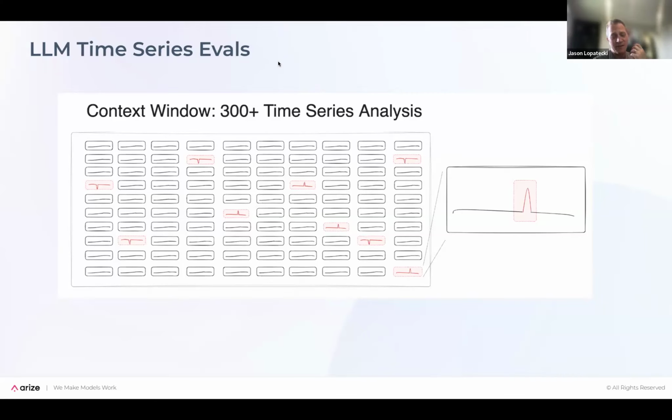If you look at a lot of teams, they're not fine tuning. They're just throwing data into GPT-4 right now, and they're assuming it can find interesting anomalies or changes in that data. And one of the questions we had is, given teams are already doing this using GPT-4 and Claude 3 and some of these others, and they're just putting data in the context window, how good can we expect those to be at finding changes, anomalies, or synchronized events, anything in that data? So this is not fine-tuned LLMs. I think that's one area of research that all of you who are listening could probably dig into and think about.